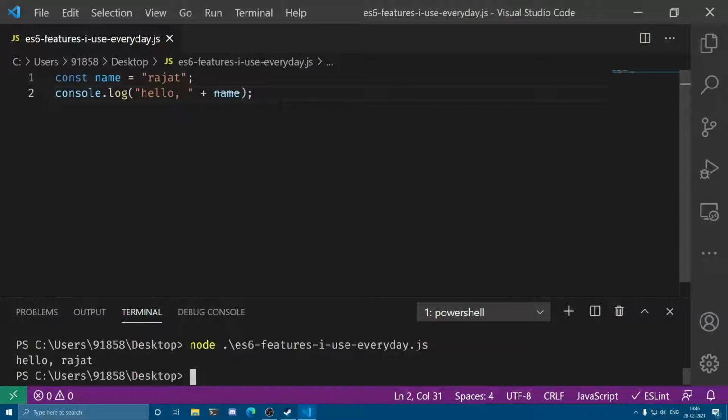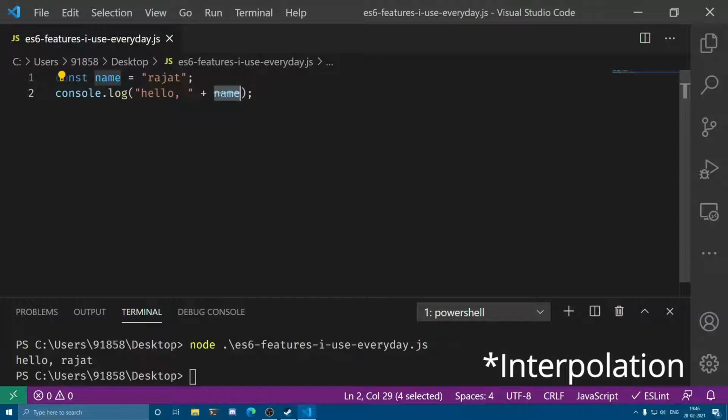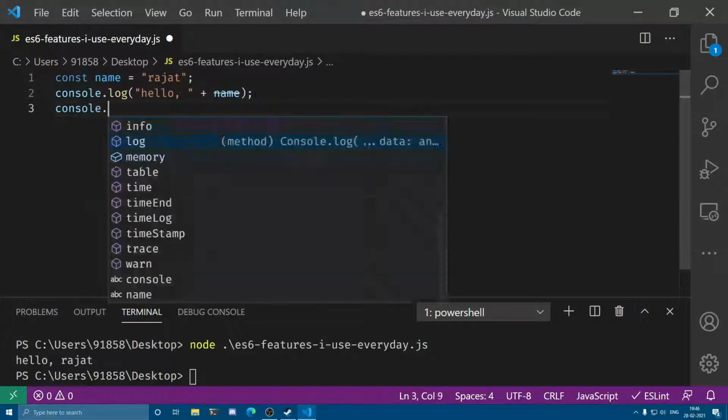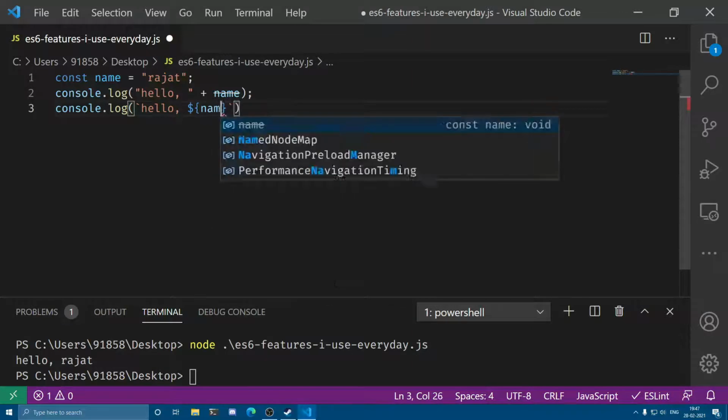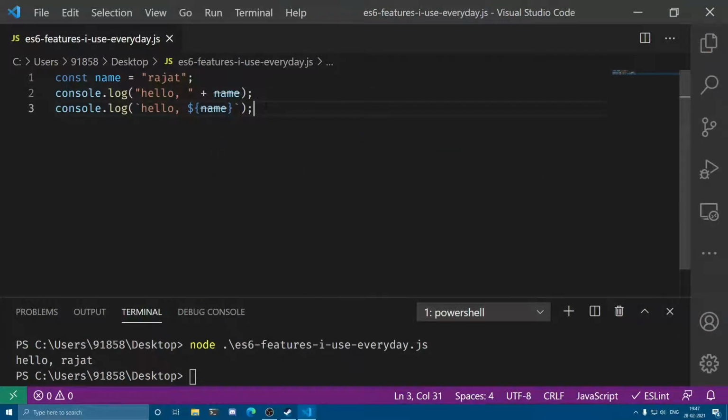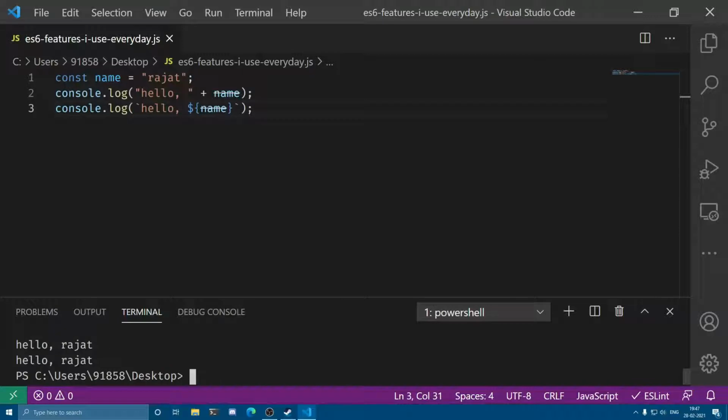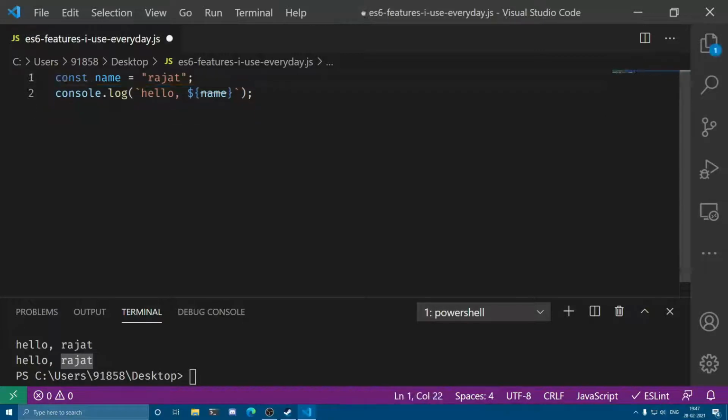But using string interpolation, I can readily evaluate this value inside the template. How to do it? This is the syntax. Put the backticks and inside this write your normal string part, and in order to evaluate a value you have to use this dollar curly braces notation and write your value here. Again, if we compile this, I'm going to get the same output. So instead of using this, I use this all the time. I no longer use the old syntax. It really helps me in knowing what the output is going to be.